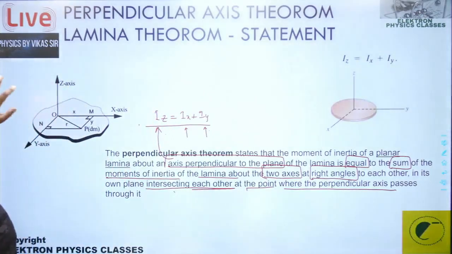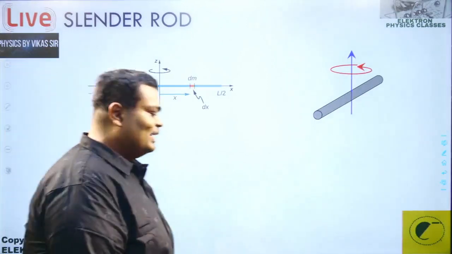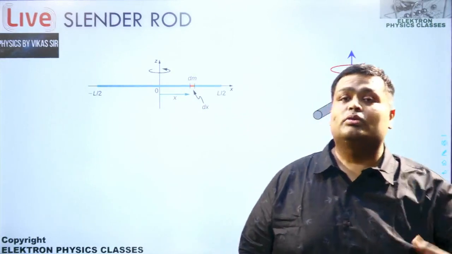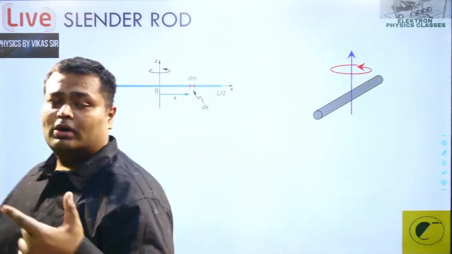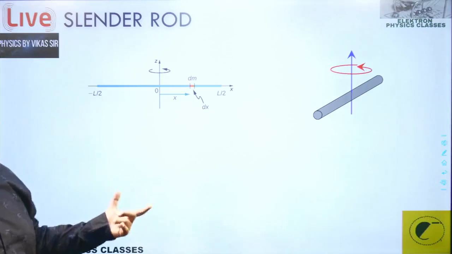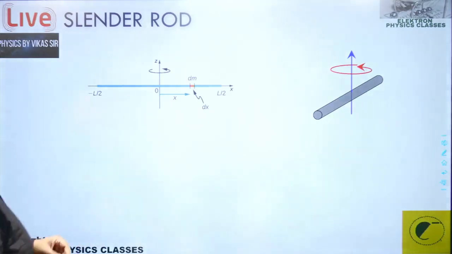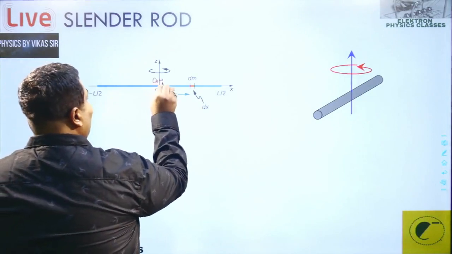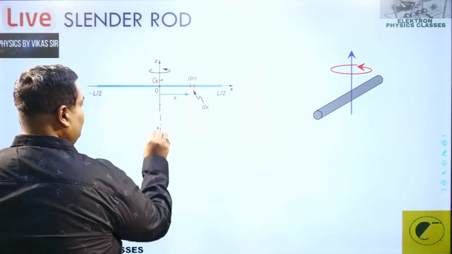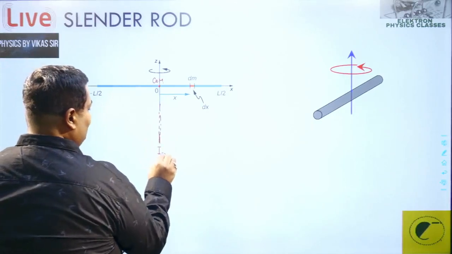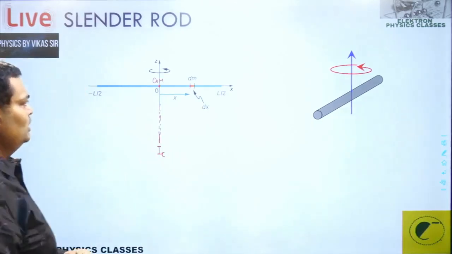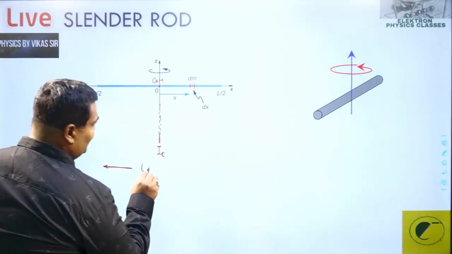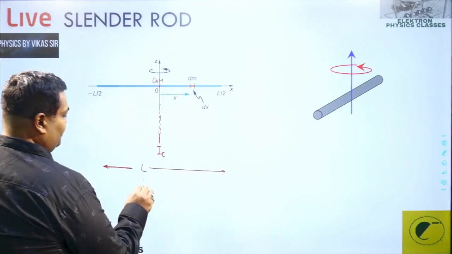Simple. So let's take the journey forward and let's try to calculate one derivation for today, and we will continue the good works tomorrow. So we have this for a thin rod, a slender rod, and the axis is passing through the center of mass right now. This is the center of mass, and the axis is passing through the center. So that is supposed to be your ICM axis or the centroidal axis. I am writing IC. About this we need to calculate. The overall length of this is supposed to be l. That's the complete length of it.